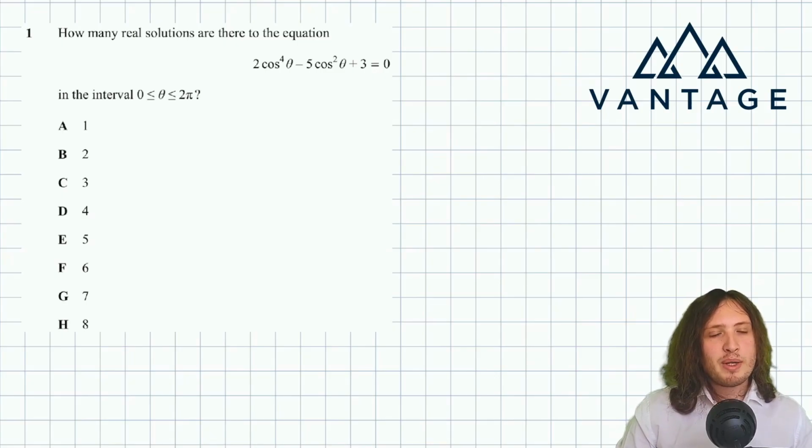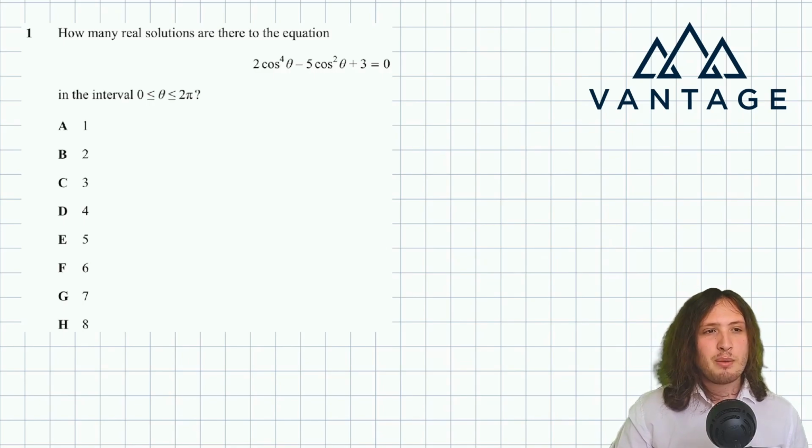In question 1, we need to decide how many real solutions there are to the equation 2 cos to the 4 theta minus 5 cos squared theta plus 3 equals 0 on the interval 0 to 2 pi. So I suppose this looks like a classic example of a hidden polynomial in cosine, but it is sensible to pause for a moment. Naively, one might say it's a hidden quartic in cosine, and that's true, because cosine appears